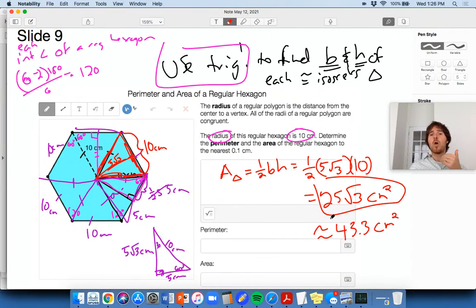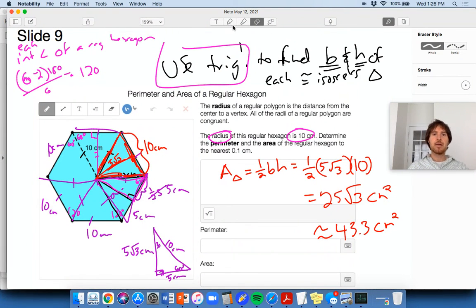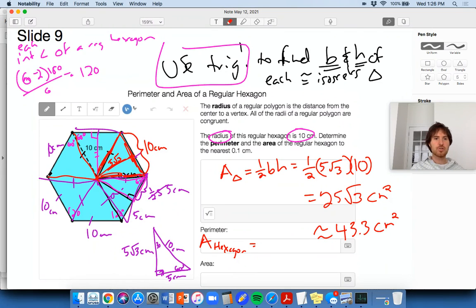Boom. All right. Well, that's not your answer. I probably shouldn't have boxed that up because I want to get the area of the whole regular hexagon here. Well, how many equilateral triangles are there? There's 1, there's 2, there's 3, there's 4, there's 5, and there's 6. It's so hard to see. I said this would be less messy than the last video, okay? So area of the hexagon equals 6 times the area of one of the triangles, okay? Area of the one triangle equals 25√3 over